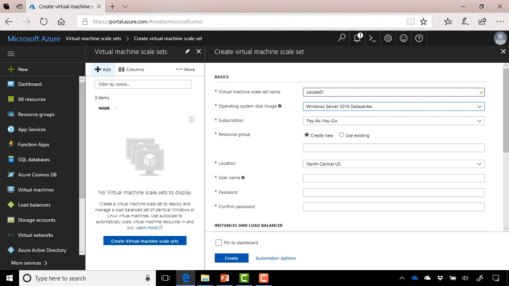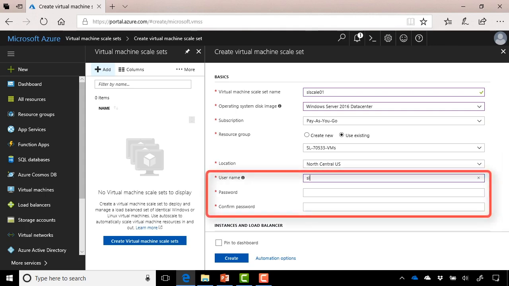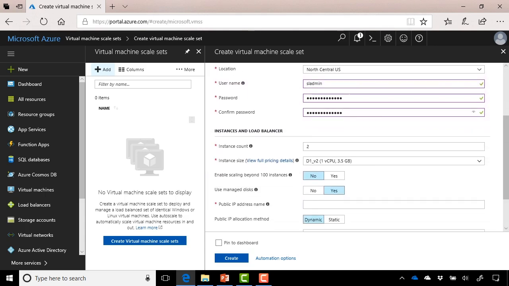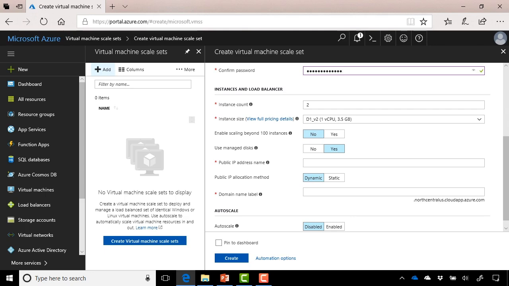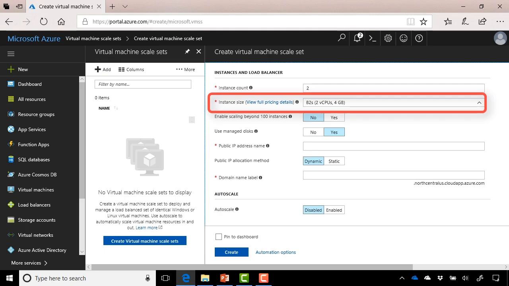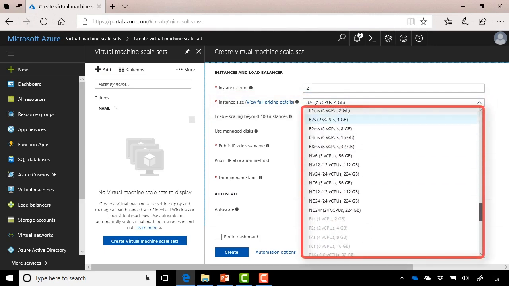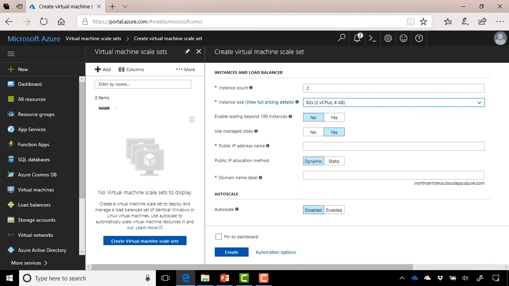Go ahead and choose our subscription and resource group. I'm continuing to use the same resource group I've been using throughout these VM demos, our location, and then our username and password for those virtual machines. If we scroll down, now we get the details around the instance specifics. So in my case, I'm saying I want an instance count of 2, and now I need to choose my instance size. So in my case, I'm going to select this and choose a B series. If we scroll all the way down and choose the B2S here,